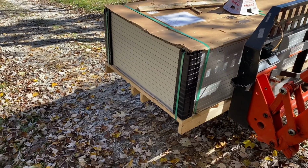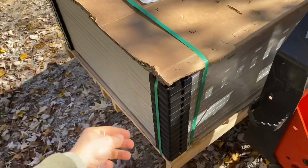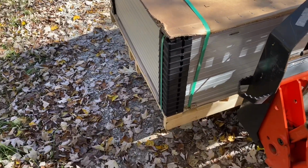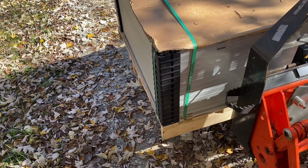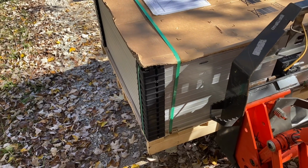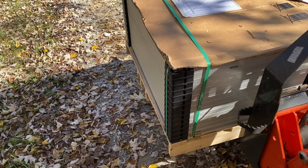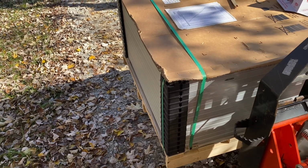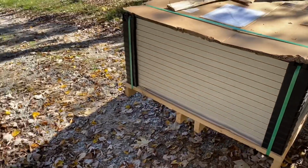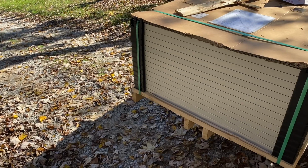Also, it's a good idea to talk to the shipper and ask how the panels are palletized if you plan on getting less than a pallet. If you're getting a full pallet, your chances of damage are going to be less, but you still have chances of damage on a less than load shipment. So if you're getting a full pallet, it's not as big of a concern, but it is still a concern in my mind always. But on a less than load or an LTL shipment, you want to ask how it's shipped. It might be worth it to pay a couple of cents extra a watt